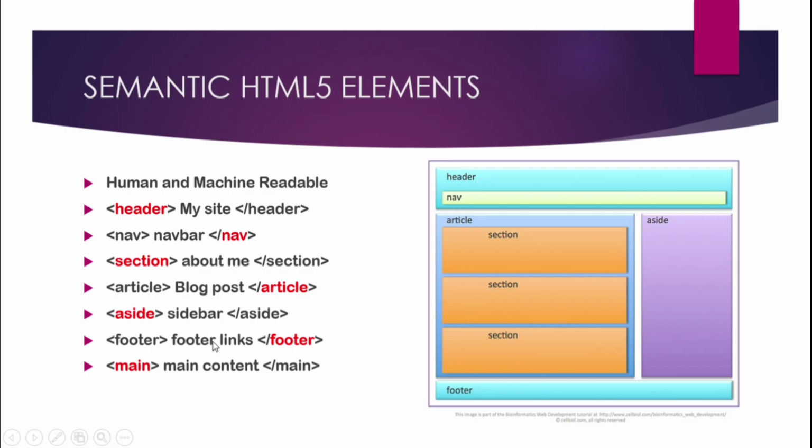Then we have the footer. Footer is the downmost part of the website where you add the links to your social media icons, or links to any website that you want to move to, or a privacy policy that you want to add. You can add those in the footer element. And main is the main content, it will consist of the entire article sections. These asides all come under the main section. Okay, the semantic HTML5 elements are nothing but human and machine readable tags and elements, which are called semantic HTML5 elements. Okay, next